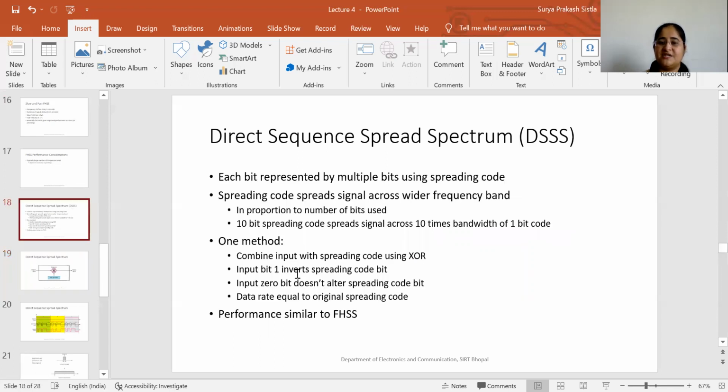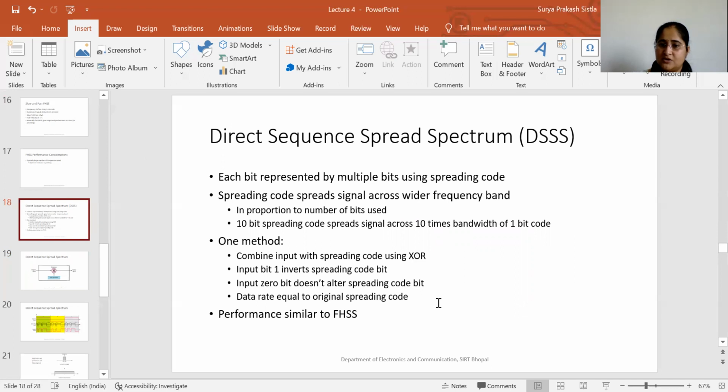The same procedure is mentioned here. Combine the input signal with the spreading code using XOR. The input 1 bit inverts the spreading code bit. The input 0 bit doesn't alter the spreading code bit. The data rate is equal to your spreading code. We can adopt